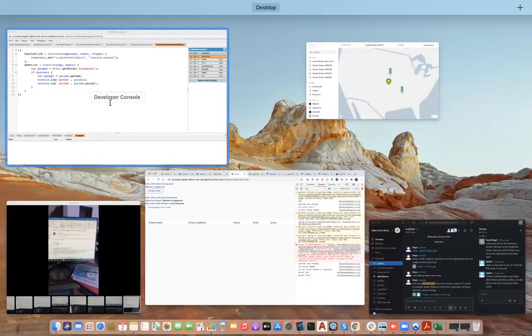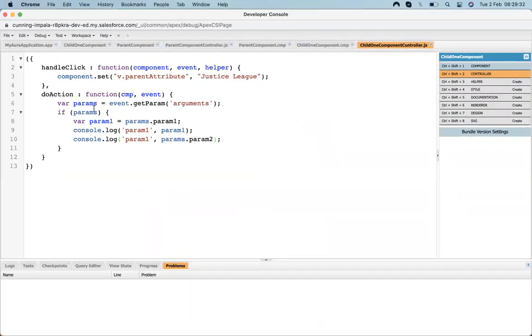And suppose I want to call this action, since it belongs to the child, I can call the handler method, I can call any method, I can change the value of the child attribute. Suppose instead of doing it here, I can directly change it here too. It will change the value from param 1 plus param 2.